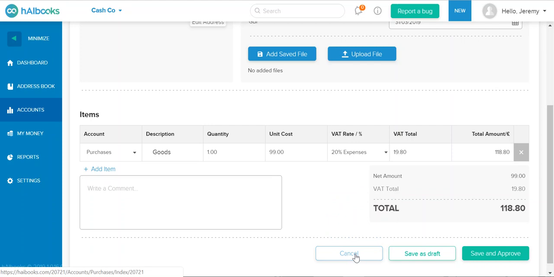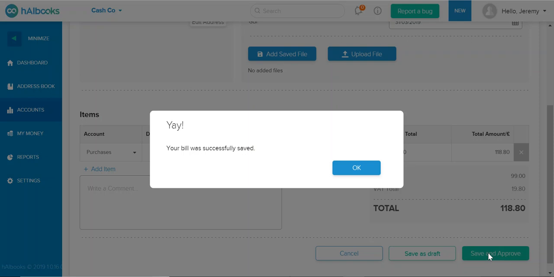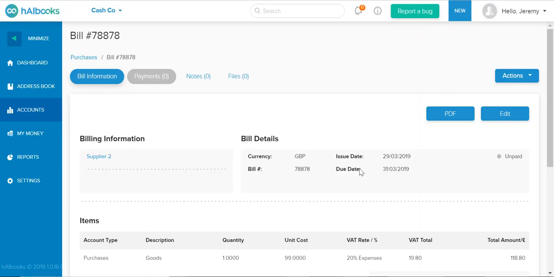At this point, we can cancel it if we don't want to keep it. We can save as draft. So if it's saved to draft, it won't actually be posted, but it will be there ready for someone else to approve. Or as I'm going to do, we can save and approve. Okay, once it's saved and approved,